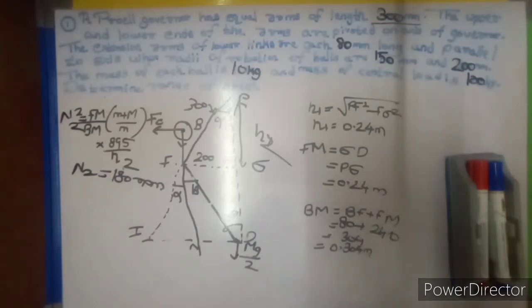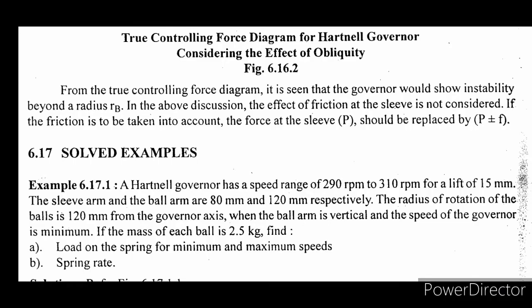Of a Hartnell governor. So guys, this is the second problem in which it is given a Hartnell governor has a speed range of 290 rpm to 310 rpm for a lift of 15 mm. That is, the sleeve lift is 15 mm and it is at a right angle. Here it is not given, it is two right angled bell. So the sleeve arm and the ball arm are 80 mm and 120 mm respectively. The radius of rotation of ball is 120 mm, that is R1. R is given when the ball arm is vertical. See, here it is given ball arm is vertical, means